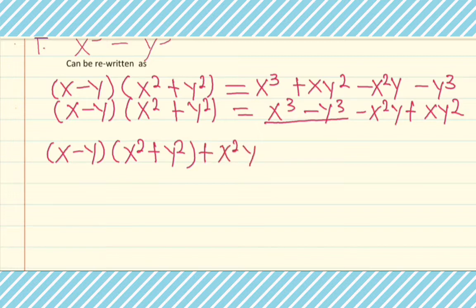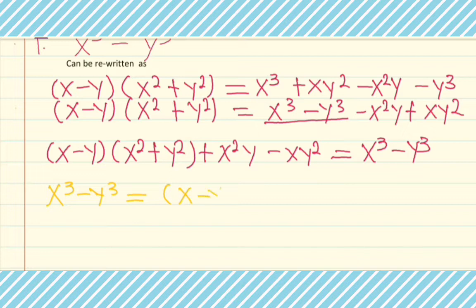Then plus xy squared will become minus xy squared, because we are taking them to the left side of the equation, equals x cubed minus y cubed. So we rearrange the equation here. We have x cubed minus y cubed equals, I'm just changing the side, (x minus y)(x squared plus y squared)